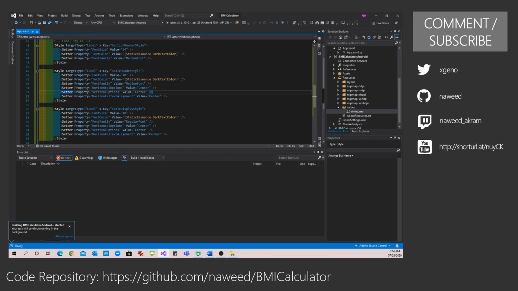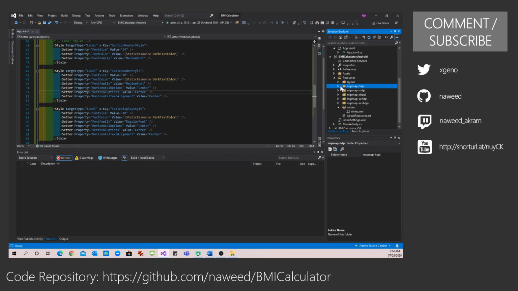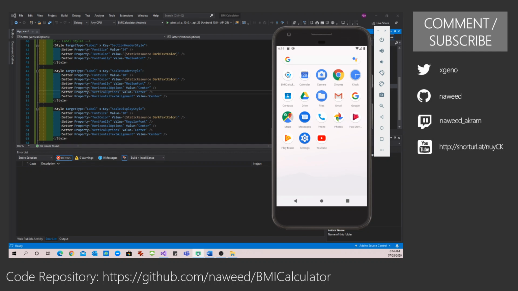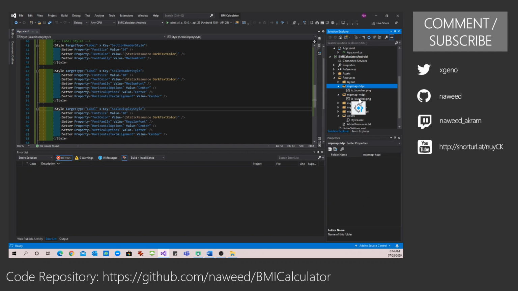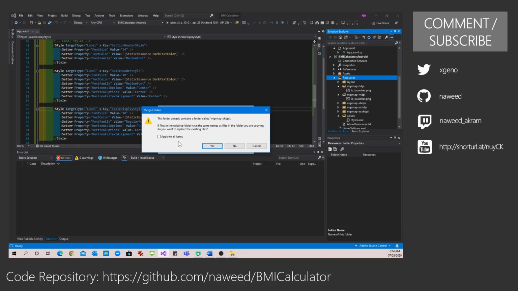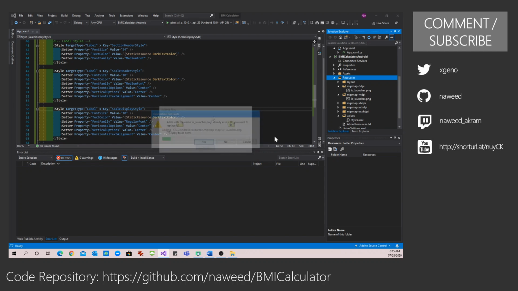Another thing now I'm going to do, I'm going to bring in some icons and logos for my Android application. So let me show you something. If I go to say one of this mipmap, this is the launcher application, the launcher icon. This is the icon that you're seeing when you go to the Android application, the logo on the app screen, and we have different versions of this. So this is something that I'm going to replace now. I will just come in here and I will paste them. I'm going to replace all of these.